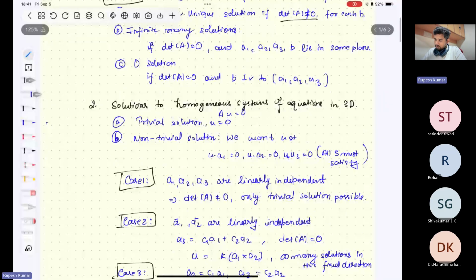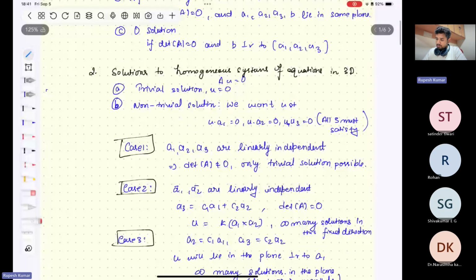For a homogeneous system of equations, one solution is U itself is 0. This is known as a trivial solution. So this is straightforward. You don't need to think of anything. It just exists. It always exists, right? If U is 0, AU will be 0, for any kind of matrix. But we are more interested in non-trivial solutions where U is essentially non-zero